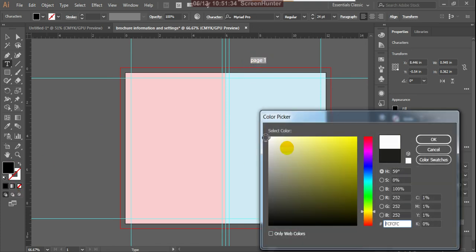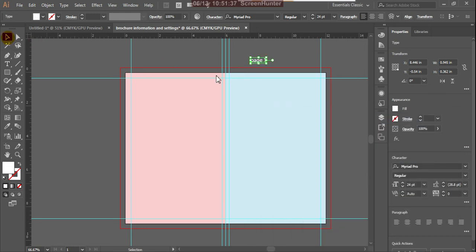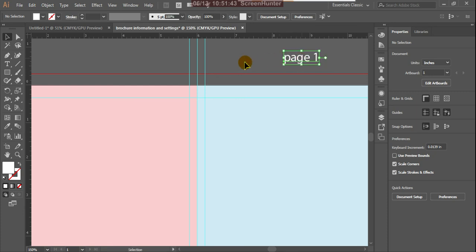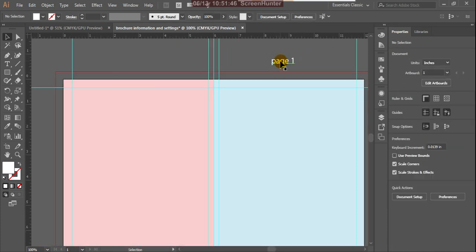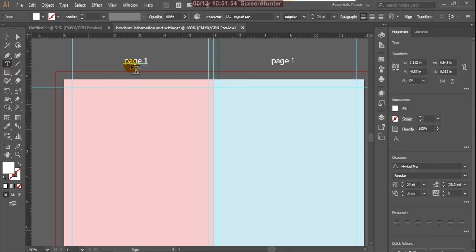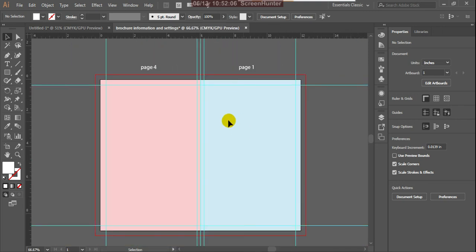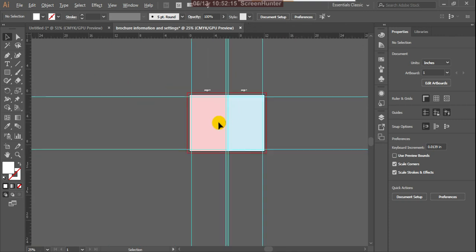Use white color. Yes, this is page 1. And this is page 4. So we are preparing a 4-page brochure. This is the front page and this is the last page. Opposite that, the second and third pages will come.